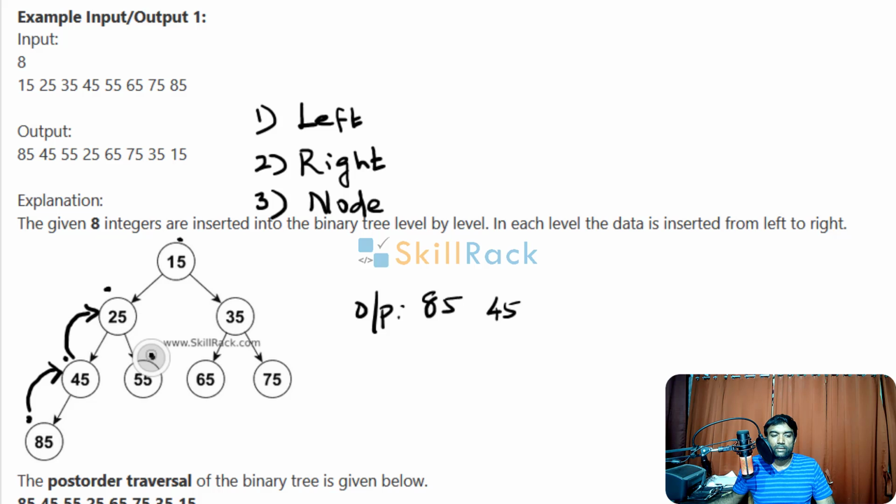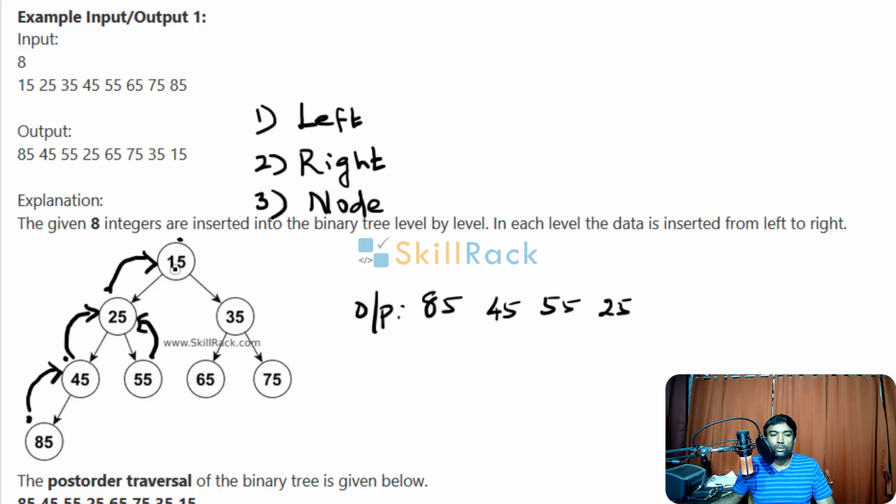So the control comes here, 55. So for 55, first we have to traverse the left, but there is no left node. Then you see whether right is there, right is also not there. So finally you come to the third part, the node value is printed. So 55 is printed. So for node 55, left, right and the node value are printed. So it goes back to 25. So now for 25, left subtree and right subtree are printed. That is the first two parts are printed. So the third one is printing the node value itself, which is 25. So 25 is printed as the output. So because for 25, left, right and node value are printed, it goes back to the root node.